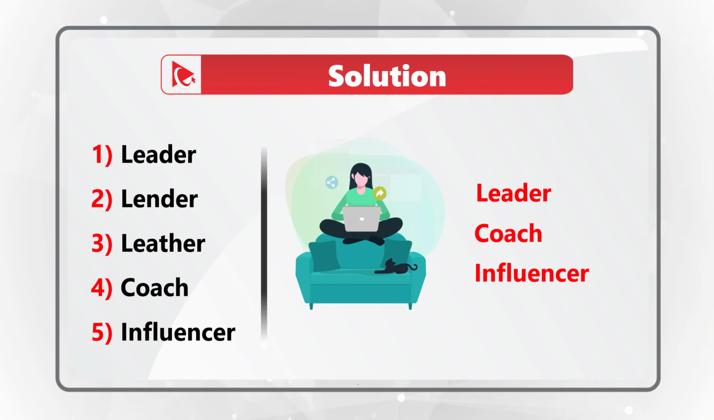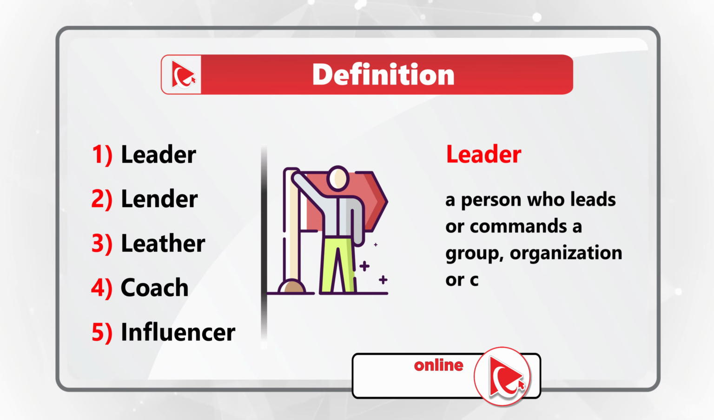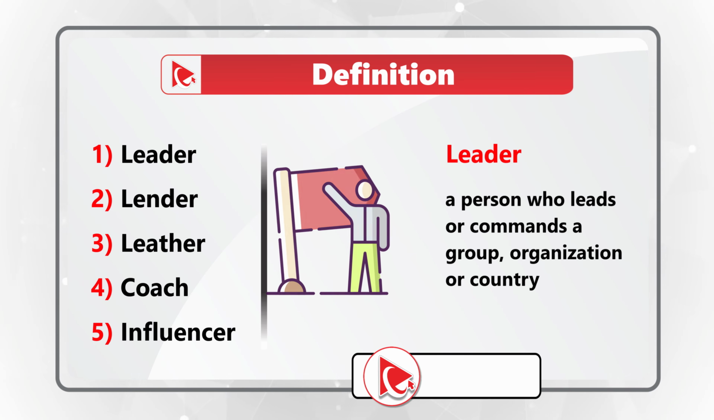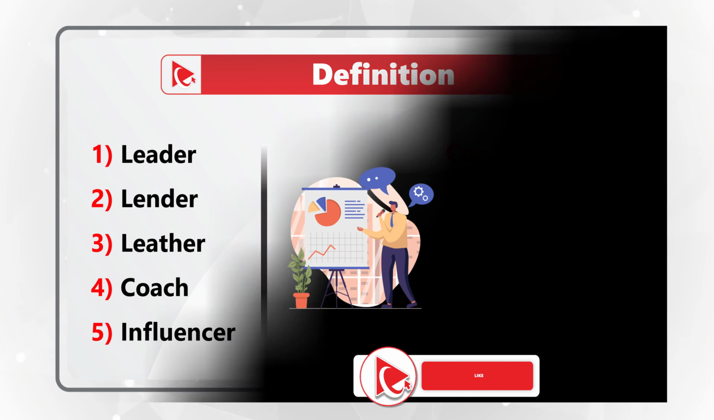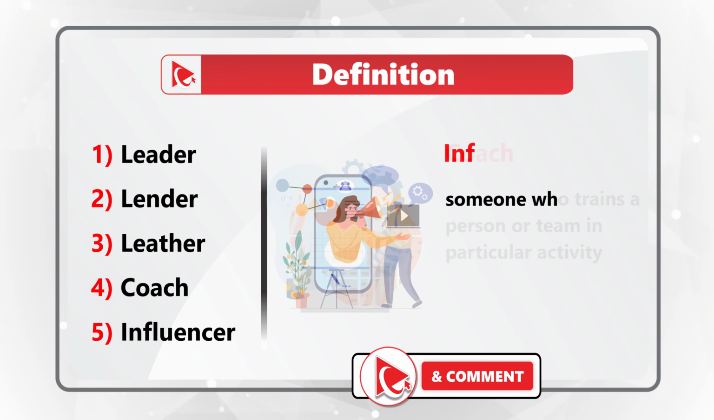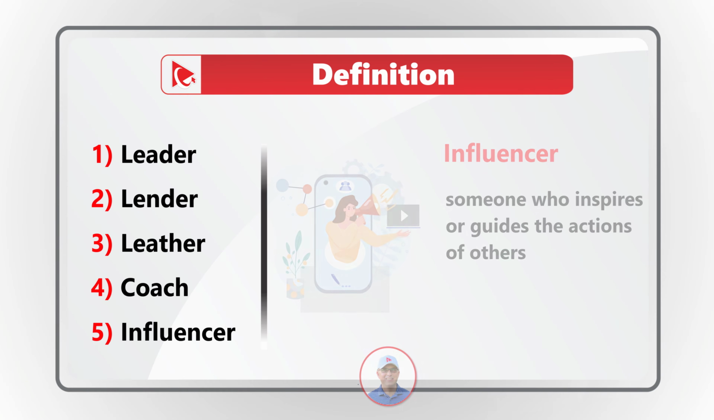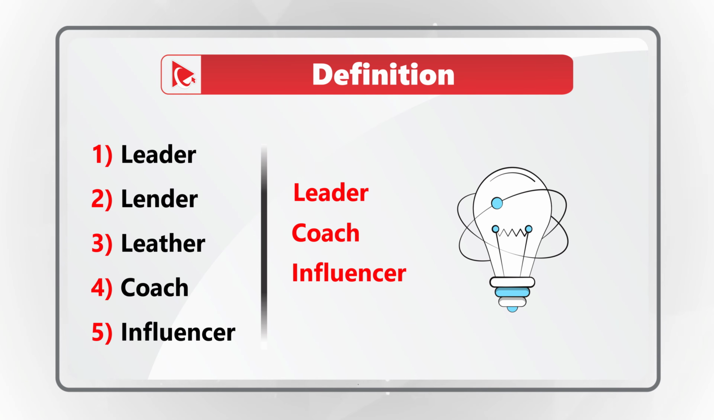Let me share with you why those words are similar. The definition of leader is a person who leads or commands a group, organization, or a country. Coach is someone who trains a person or a team in a particular activity. And an influencer is someone who inspires or guides the actions of others. Basically, the similarity between these words is that they represent someone in power who uses his or her skills to